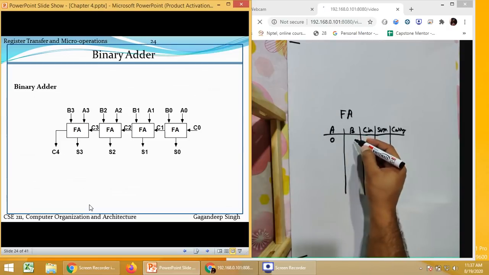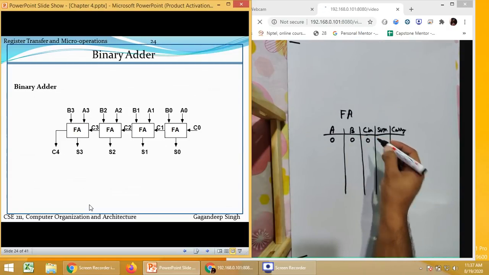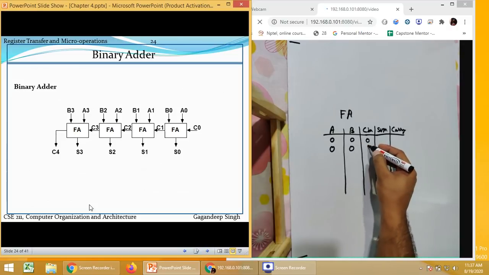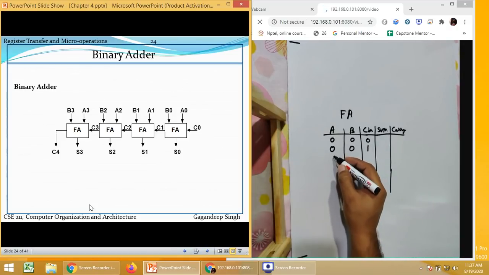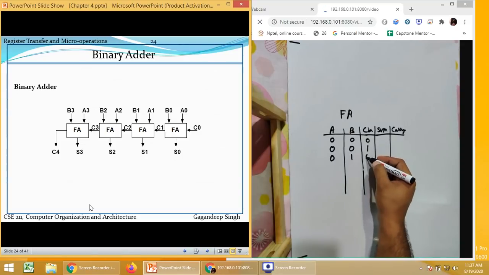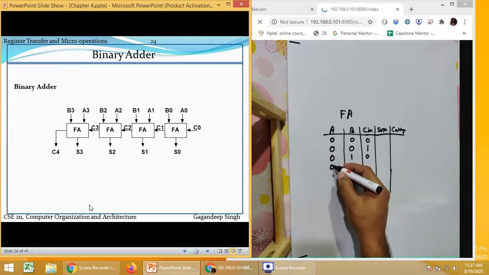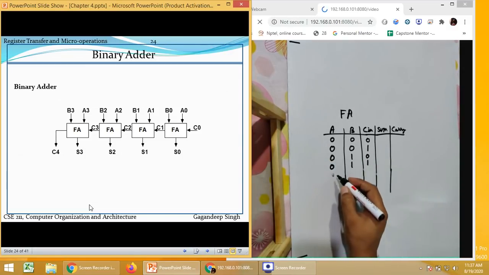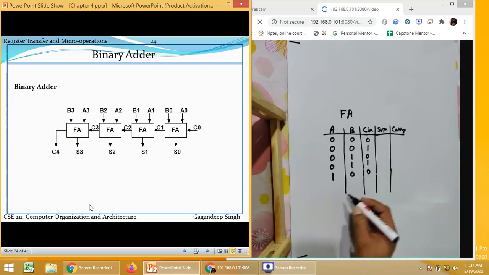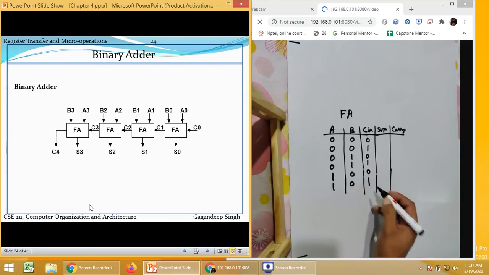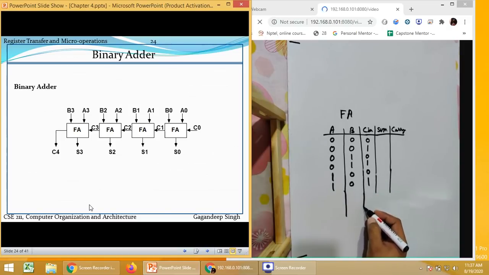So similarly 0 0 0, 0 0 1, then 0 1 0, 0 1 1, 1 0 0, 1 0 1, 1 1 0, 1 1 1.